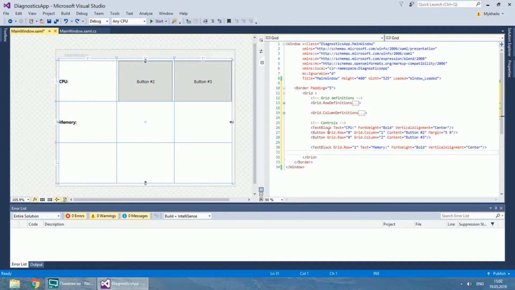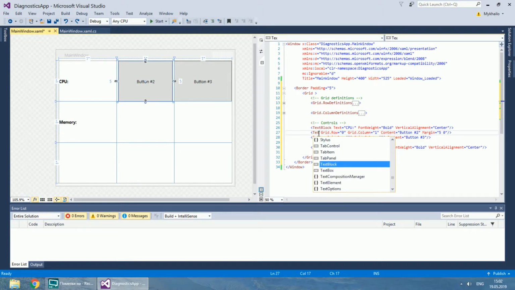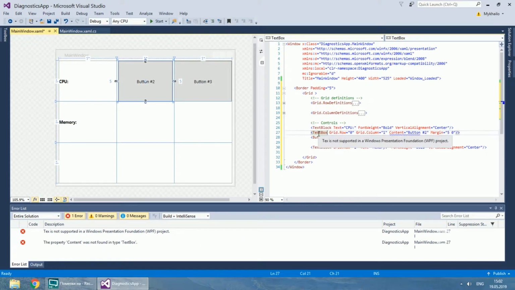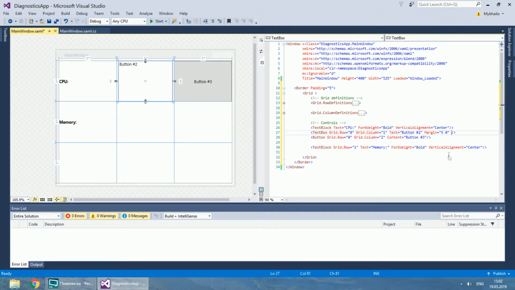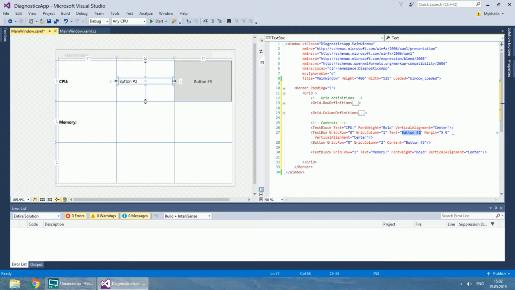A control for typing text is text box. Its text is set in the text attribute. You can enable and disable controls by changing the isEnabled attribute.